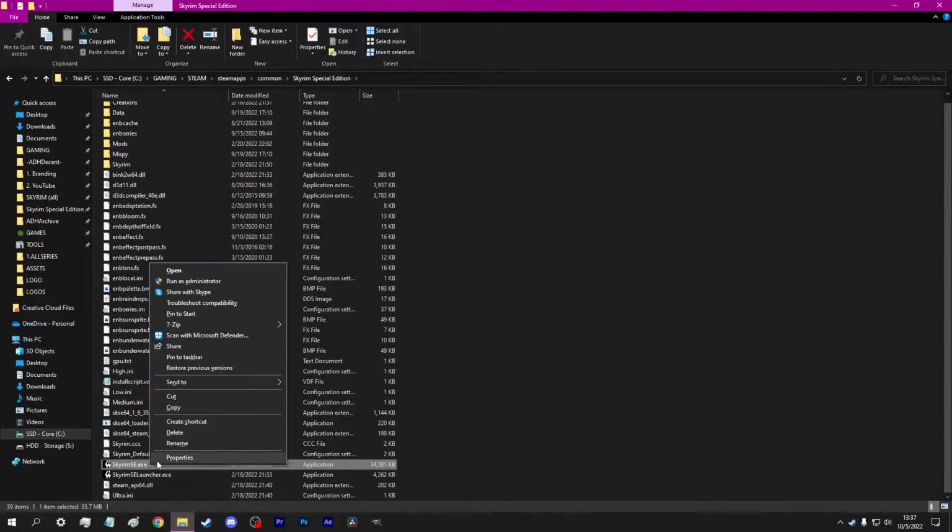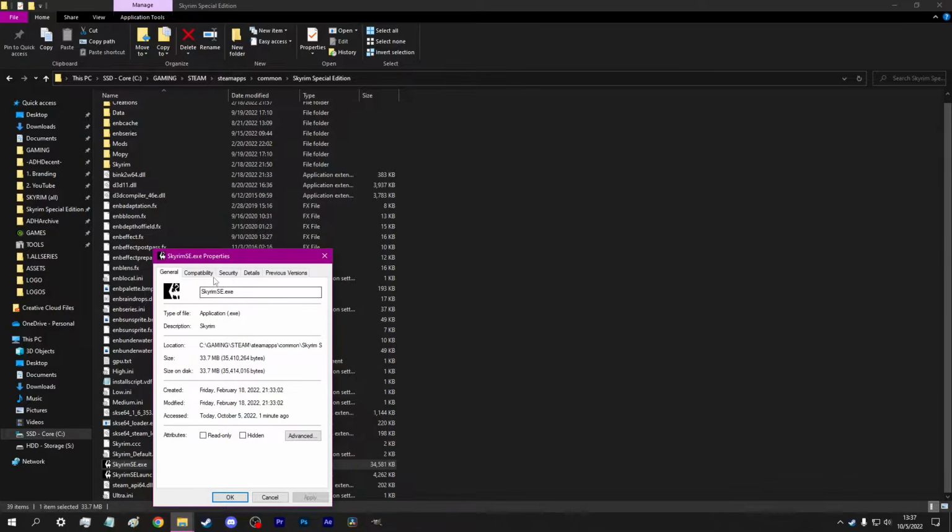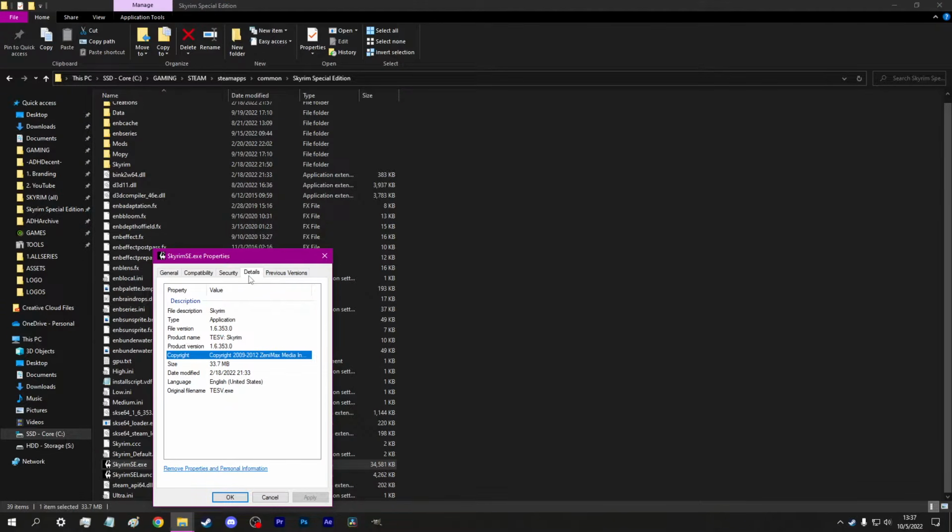Right-click on it. Select Properties. Look for the Details tab at the top of the box. Click it. Here you will see the product version, in this case 1.6.353. Now visit